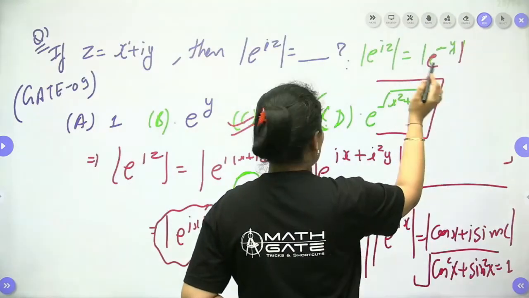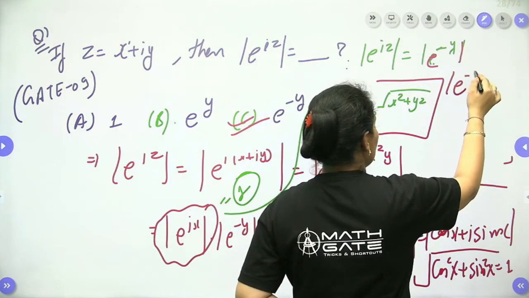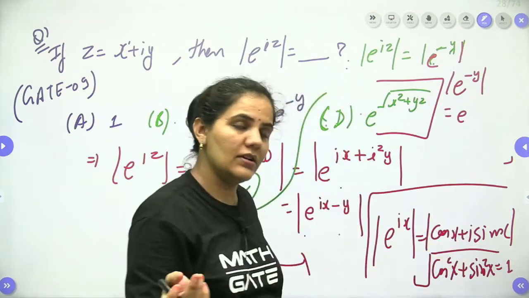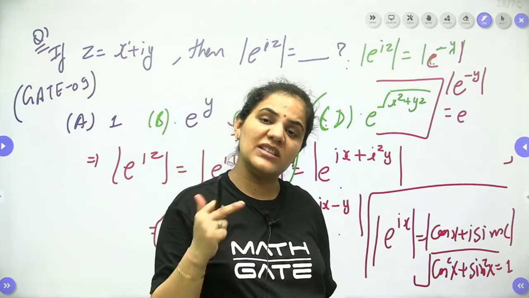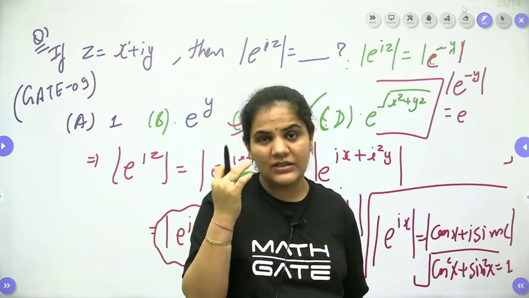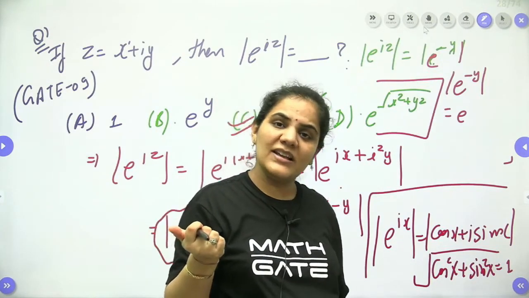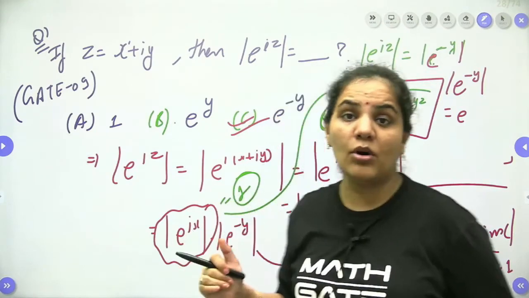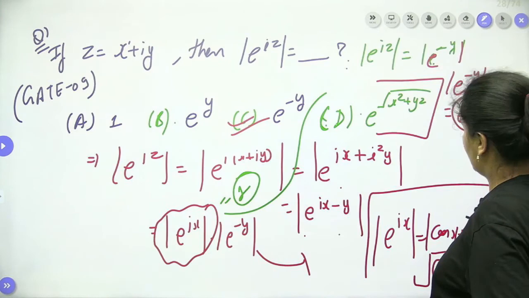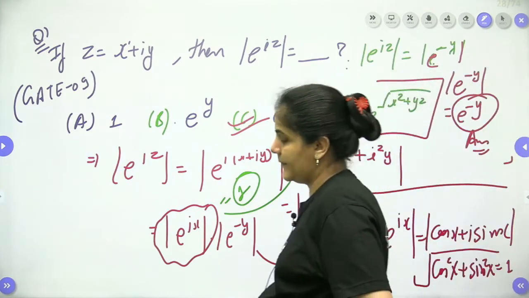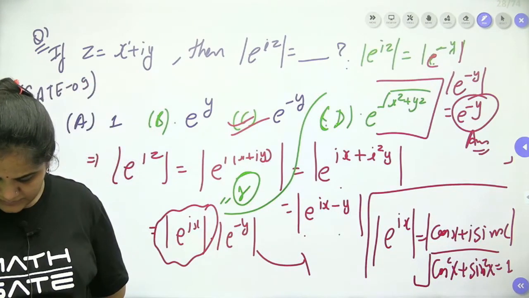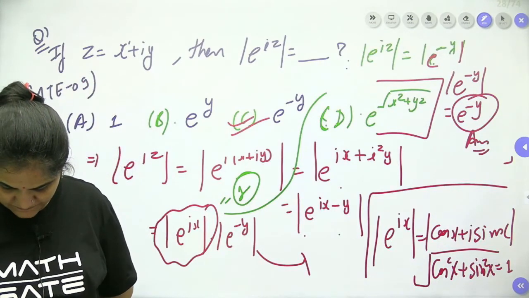Okay, let me write down here only. It will be e to the power minus y we are having, and we cannot find the mod of this quantity, because this is a real number only. For a complex number we can find the modulus, that is root of x square plus y square. E power minus y is a real number only, so we cannot find the mod of this one, right? So it will be e to the power minus y only. Clear, guys? So it's option number C. Yes, it's a simple question, but you should be careful with this one.